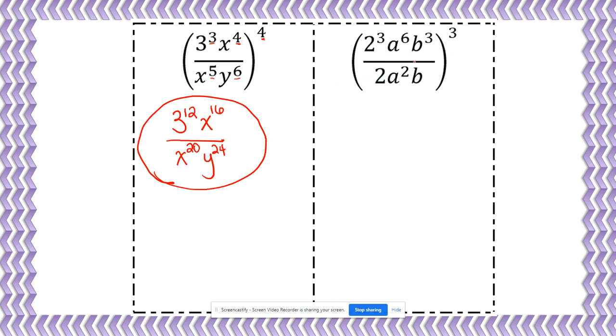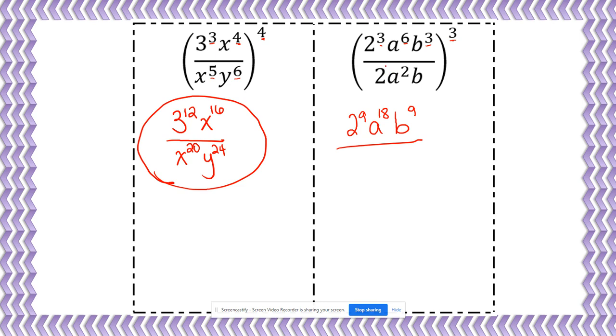All right, for this last one, I have 2 to the 3rd, a to the 6th, b to the 3rd, over 2a to the 2nd, b, all raised to the 3rd power. So if I raise each of these exponents to the 3rd power, I have to make sure that I'm multiplying all my exponents by this 3. So this is 3 times 3, which gives me 2 to the 9th, 6 times 3, which gives me a to the 18th, 3 times 3, which gives me b to the 9th,